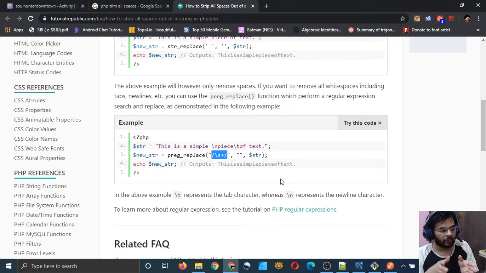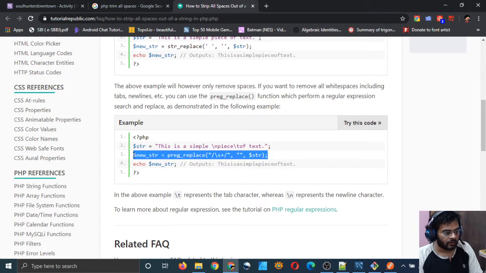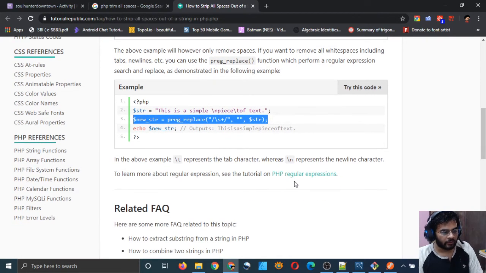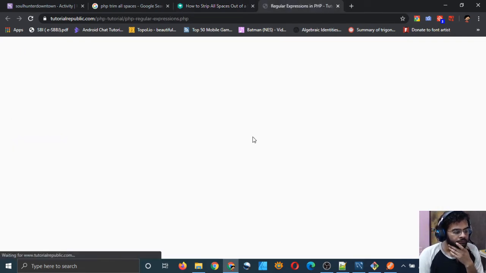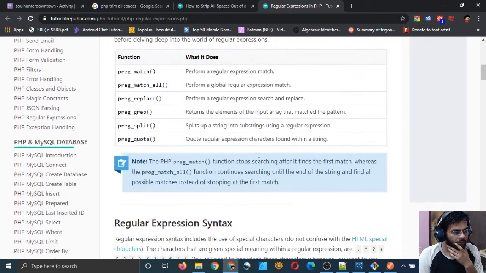It is a very well formed expression which tells PHP to identify spaces, new lines and tabs, and whenever it identifies them, it will simply replace them with this, which is null, no value, right? So I will just simply copy this because we don't want to get into regular expressions here. You can learn more about them, but it is going to take a lot of time really.